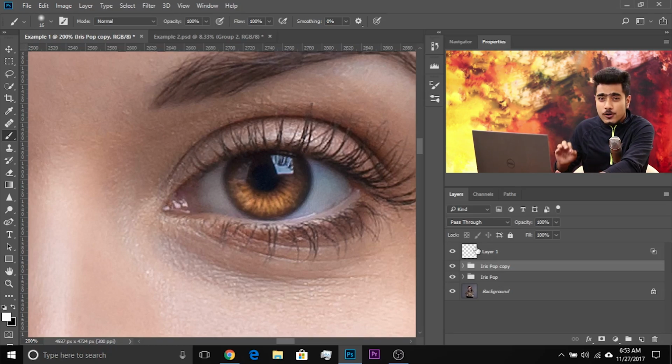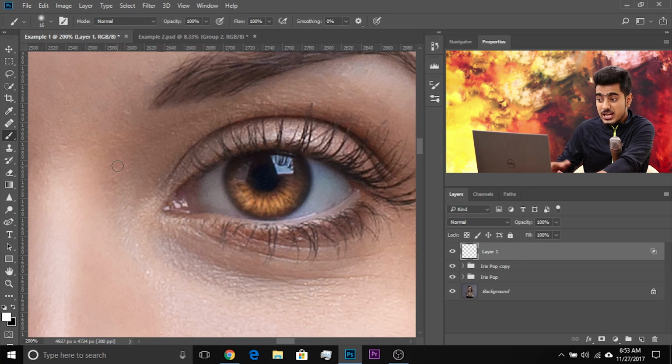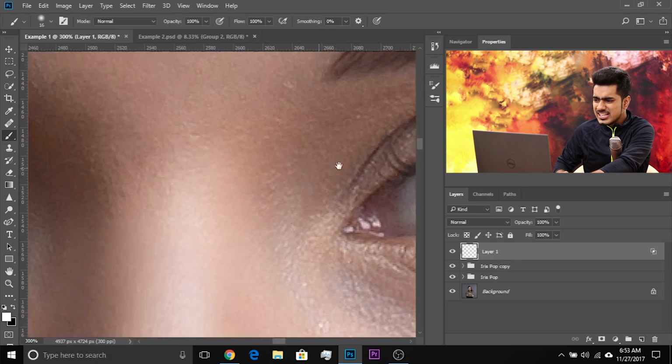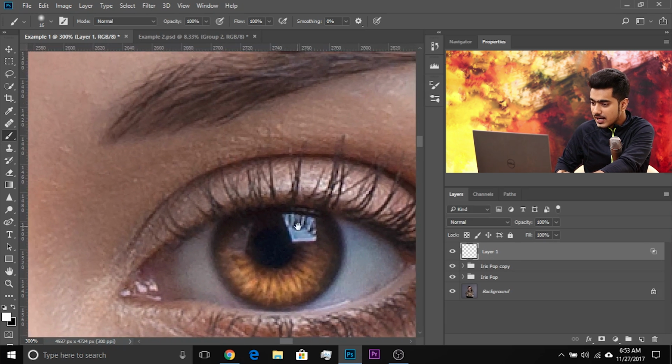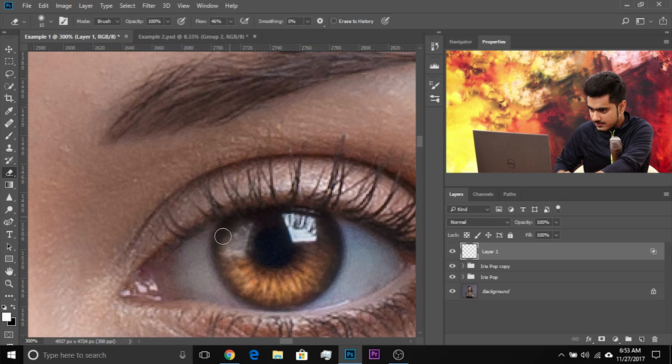But if you're like, wait, what about the catch lights? You don't have to make a copy of it. Here's why. We have already applied blend if, right? So you can come back to this layer, take the brush, and paint back in the catch lights of this one. I don't recommend copying it, because the shape is different on the other eye. So let's just go ahead and paint in this area. Just like so. And you can take the eraser and paint away the extras. Like that. And therefore, you have painted in the catch lights.